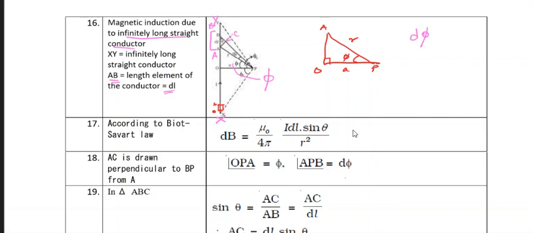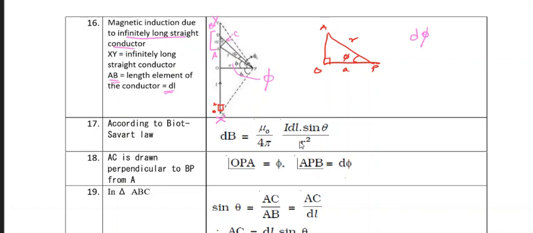Now let us proceed. As and when required, we will explain the labels. According to Biot-Savart's law, dB, the magnetic field created by the current carrying conductor in the smallest portion dl, is equal to mu naught divided by 4 pi into I dl sine theta divided by r squared. What is mu naught? That is the permeability of free space. I is the current strength, dl is the smallest length element, that is AB. Sine theta, you know, and r squared is the distance between the point P and the center of